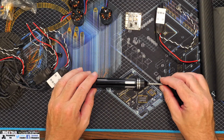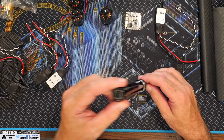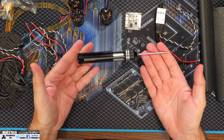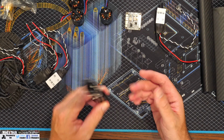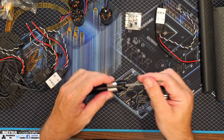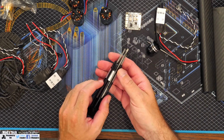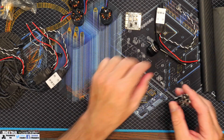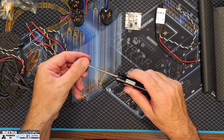Okay, so just before I jump into the assembly, I'm going to be using my trusty screwdriver from Tarot. If you haven't seen this, I got this from Ben at 3DXR as well. He very kindly gave me this, and it's a fantastic bit of kit. If you're ever building anything, it's got all the heads, Phillips, straights, all kept in the handle nice and straightforward. And then you just pick the head you want depending on the screws, drop it in,